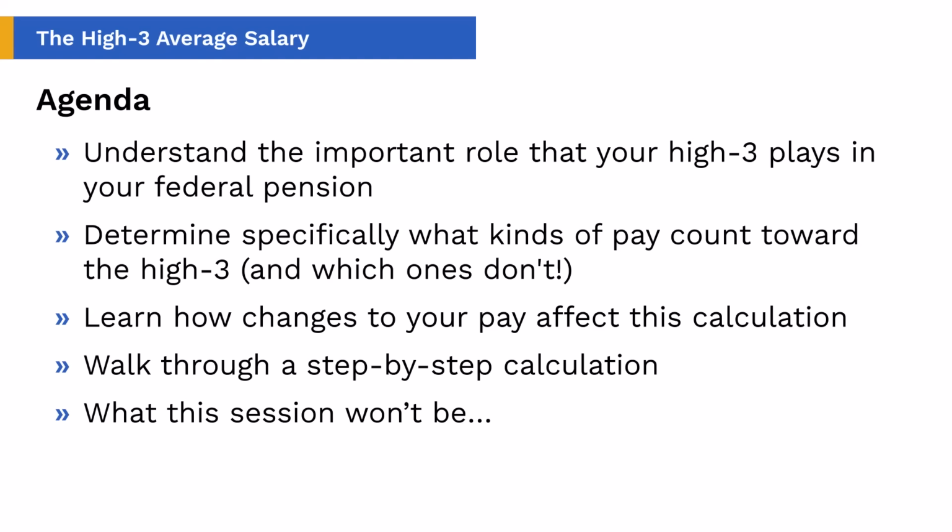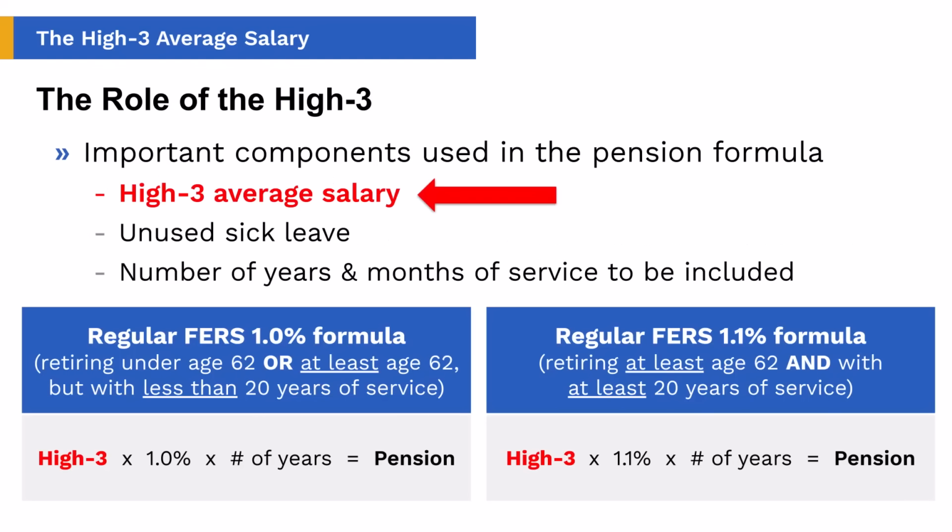All right, so let's start with the role that the High-3 plays in your pension. It is a critical part of that pension formula. You'll see we have the High-3 average salary with a big red arrow on it. Of course, other parts of that formula include your unused sick leave and the number of years and months of service that you're going to have included. So the High-3 being one of the variables that are put into the formula,